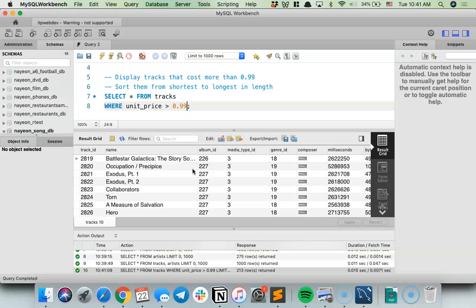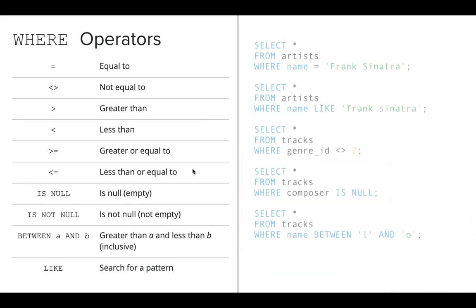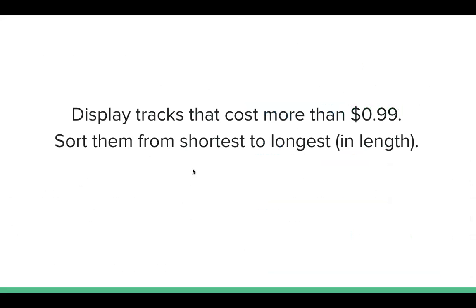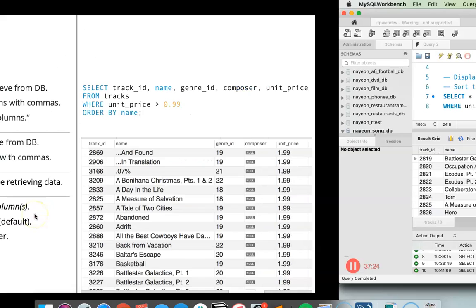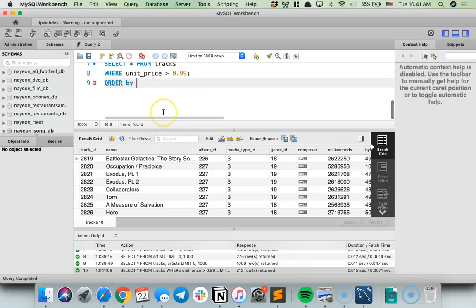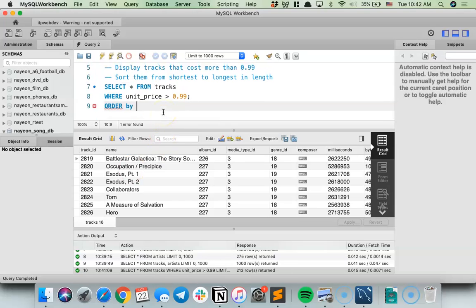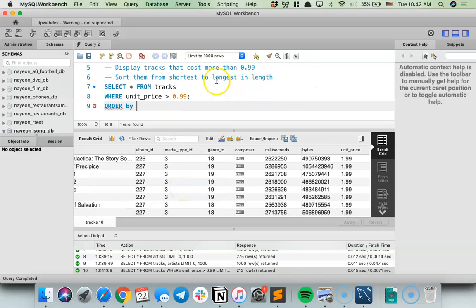And then it says sort them from shortest to longest in length. When we start talking about ordering things, sorting them, that's where the order by clause comes in handy. So let's do order by. And order by what column? Shortest to longest in length, meaning the length of the song. The milliseconds column counts how long the song is.